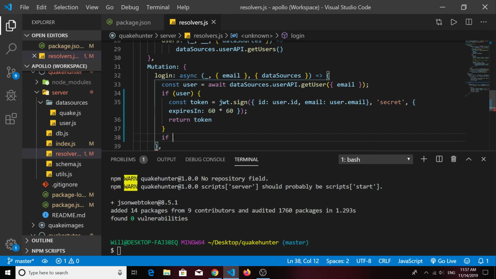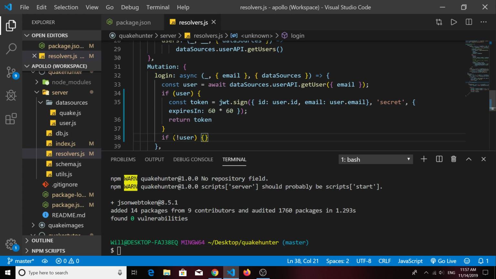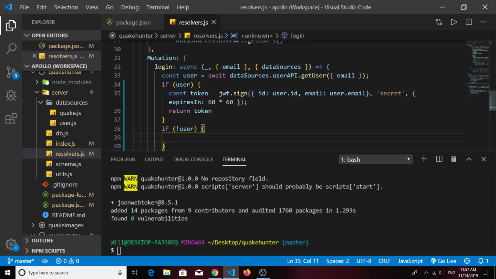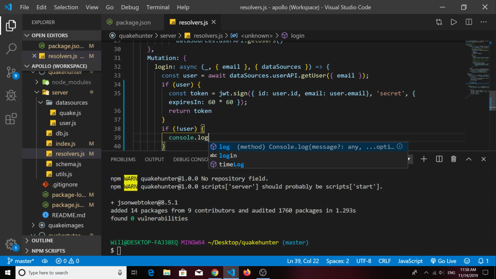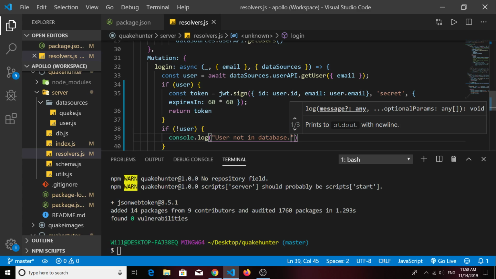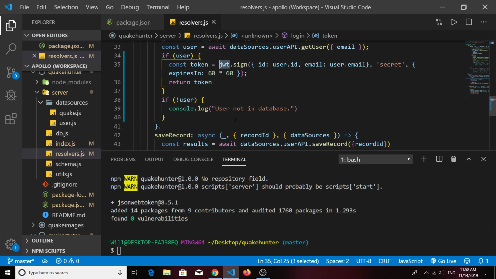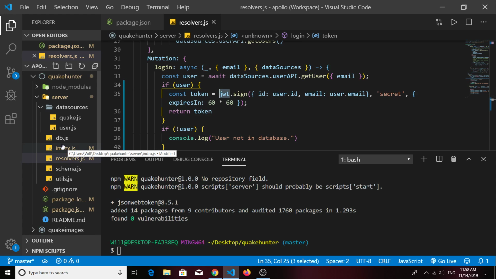And then we'll say if there isn't a user in the database, we'll just console log a message. All right, so at this point, we're returning a token that has been encoded by the jsonwebtoken package. And where's that going to go? Well, that's going to go into the context in Apollo server. So if we go to our index.js file,